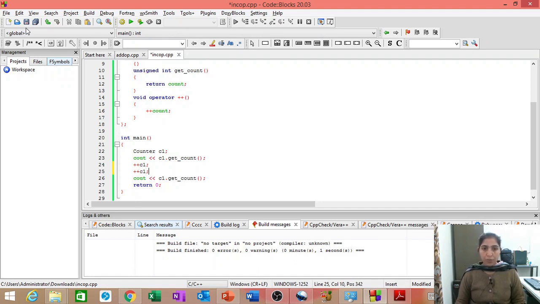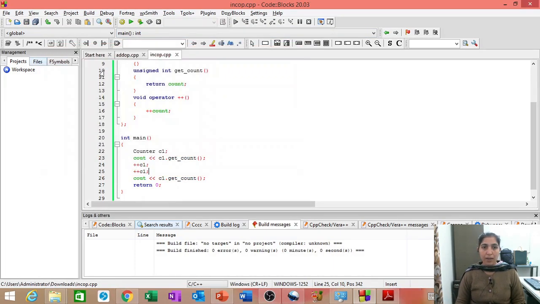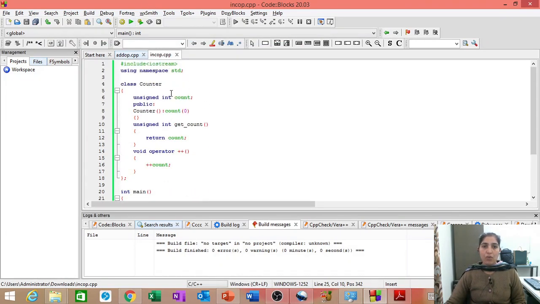Now what should be the output? We are incrementing it 2 times. From 0 it will become 1 here, and from 1 it will become 2 here. So 0 to 2. Okay. So this is how we can overload this increment operator. Simple overloading of a unary operator.